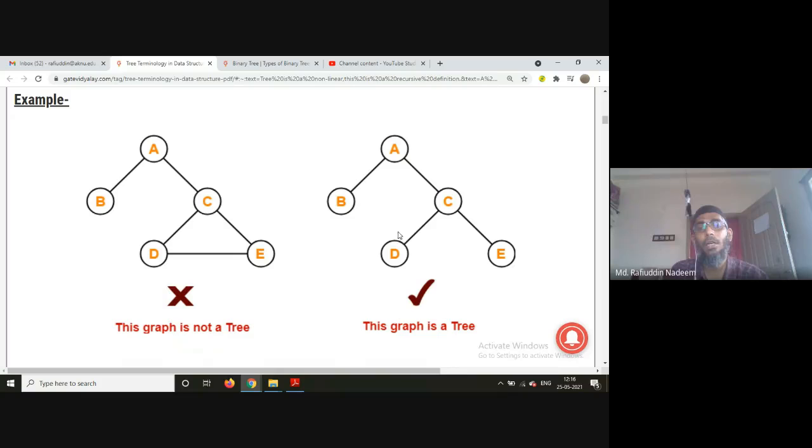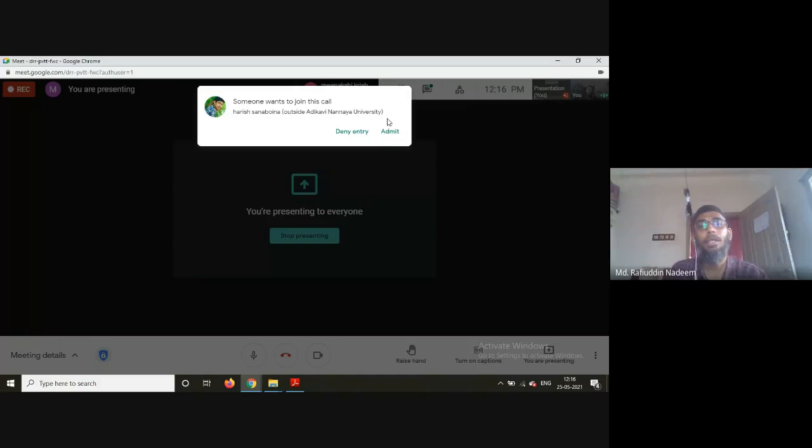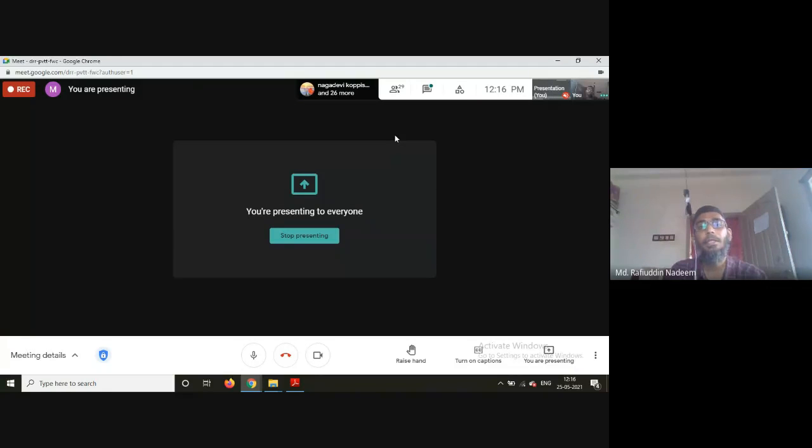I mean, it is called a tree because we are having only one path from one node to another node. Now we can term it as a tree. Next,